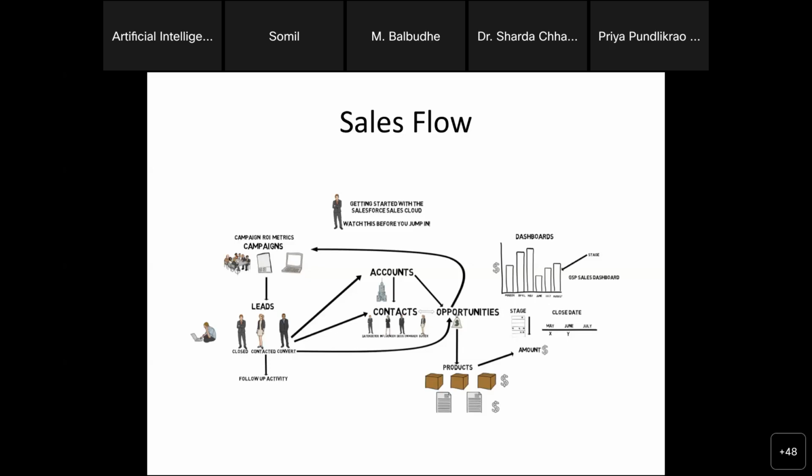Suppose one company comes to you. I am saying B2B. Suppose one person comes, he is a representative of XYZ company. He comes to you and says, okay, I have seen your campaign and I want to know about your product. I want to know the cost of the product. So that person is a lead for you.